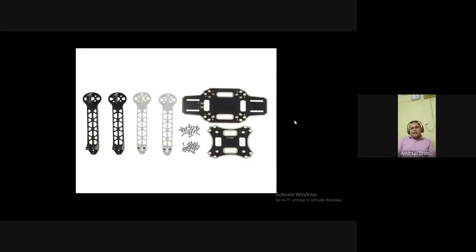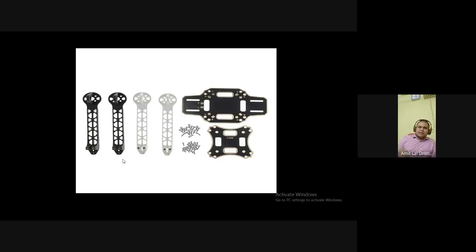As we are doing anatomy, we'll be talking about different parts of the frame first. You see these black and white parts. These are called arms. So why arms? Because these are just like our arms. You stretch a person and lay them in the form of an X, then they look pretty much similar to a drone. So similarly, these are the arms.